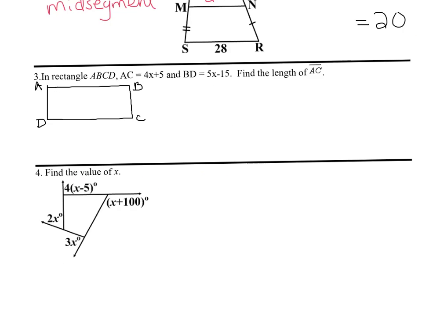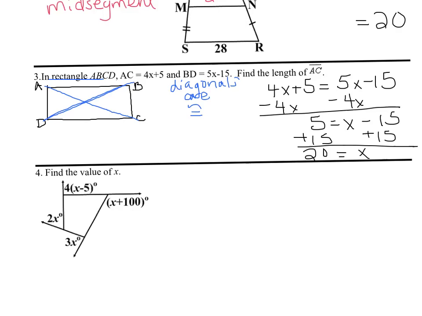Okay, so this question says in rectangle ABCD, draw the rectangle. That's always what you should do first. AC is 4x plus 5. And then it says BD is 5x minus 15. This problem is unsolvable unless you understand that in a rectangle, diagonals are congruent. Clearly, if we know diagonals are congruent, we can set these two diagonals equal to each other, and we'll get